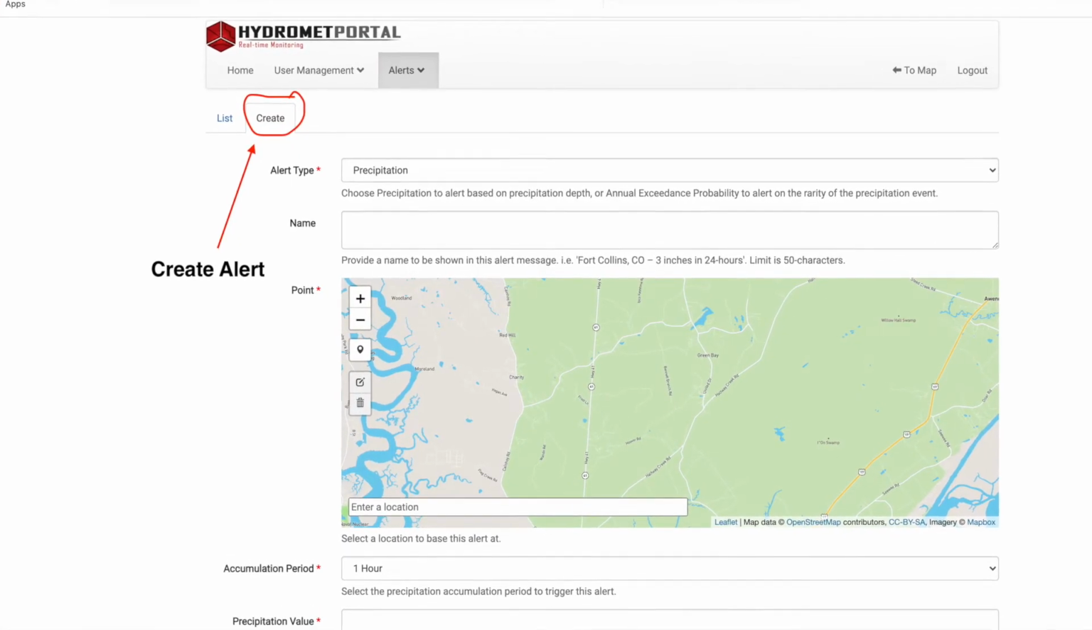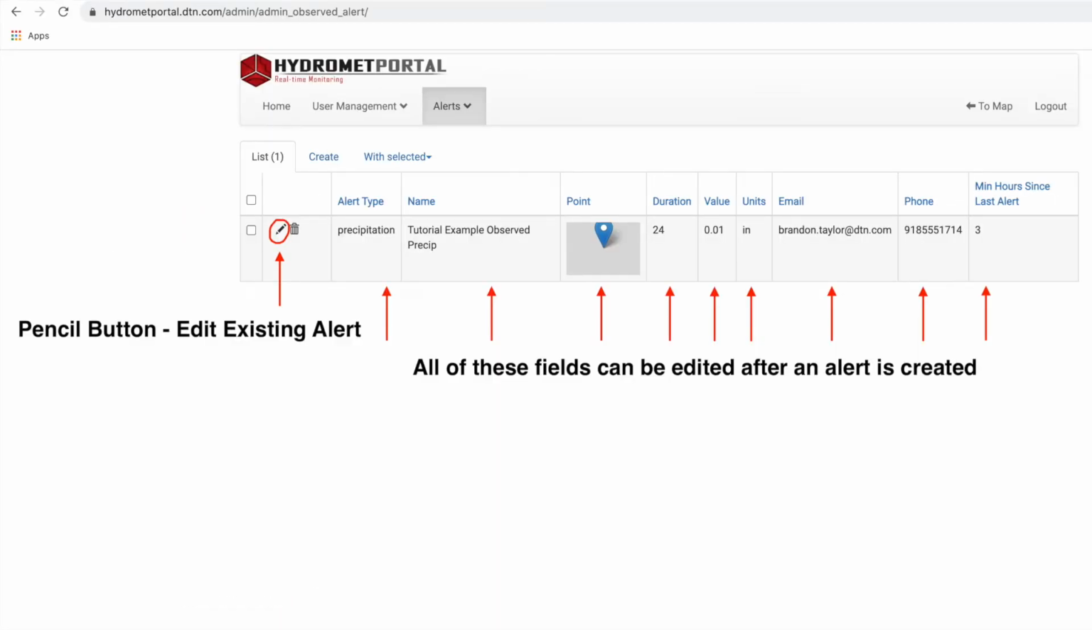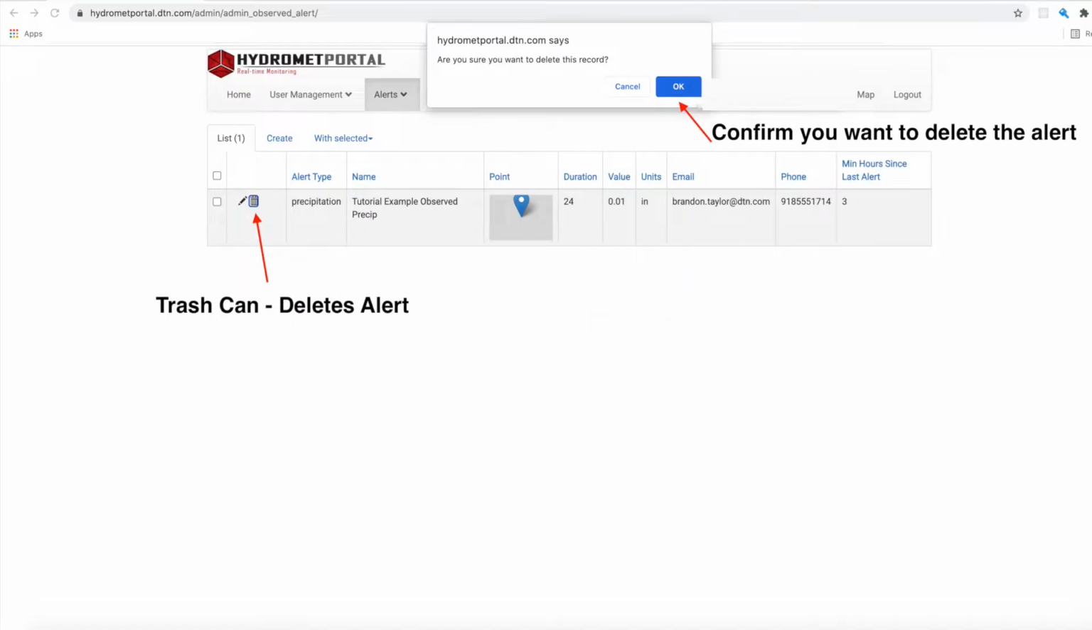So first step is creating an alert, and that's done by clicking the Create Alert button. And then we have the listing option, which shows the alerts that you've created. And then on each individual alert, there is the pencil button and the trash can, which deletes an alert. It should be noted that once you delete an alert, you will no longer receive alerts for that particular alert